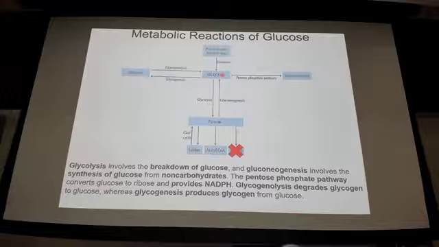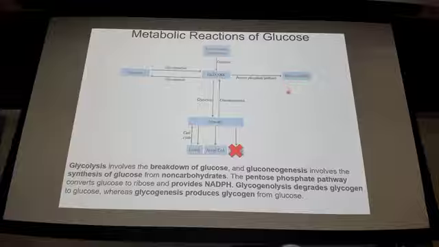Also, if there's too much glucose 6-phosphate, it will be shunted via the hexose monophosphate pathway, or the pentose phosphate pathway,